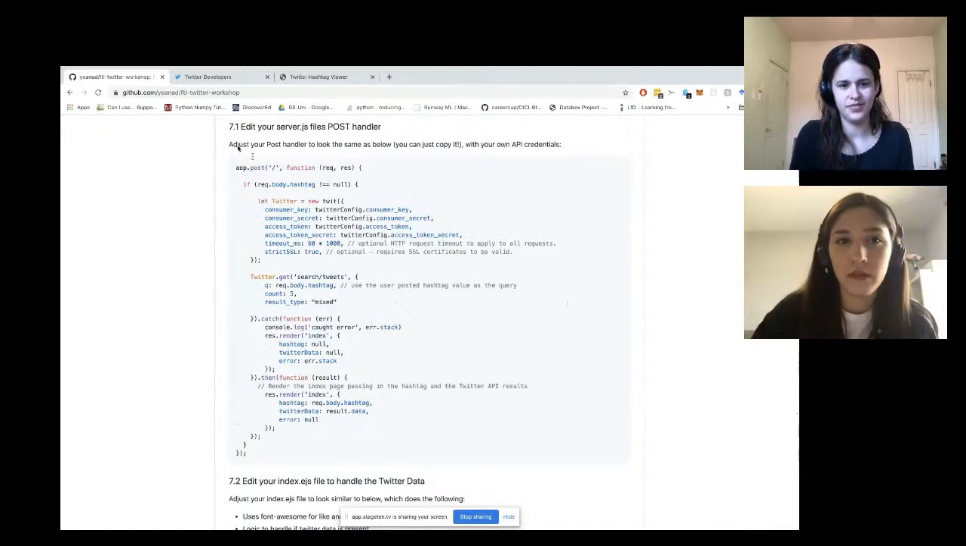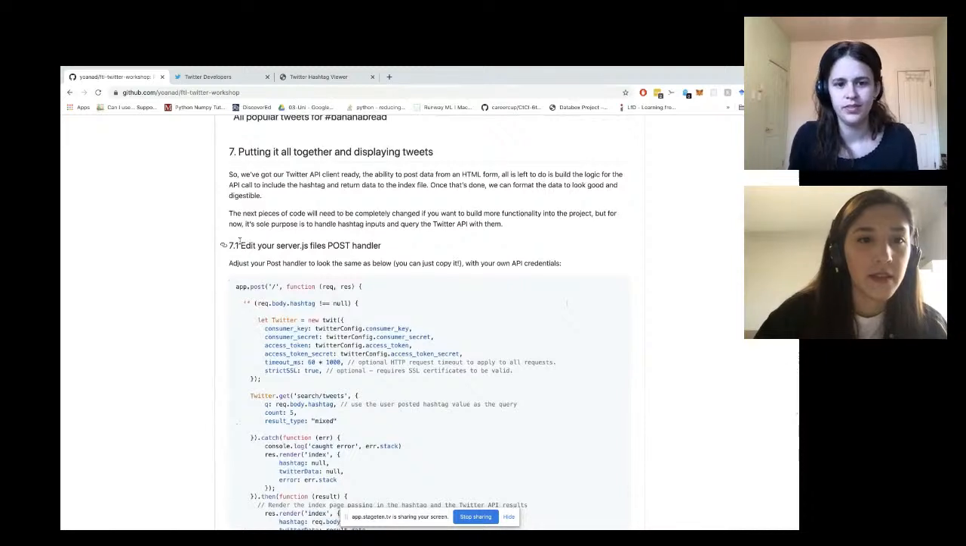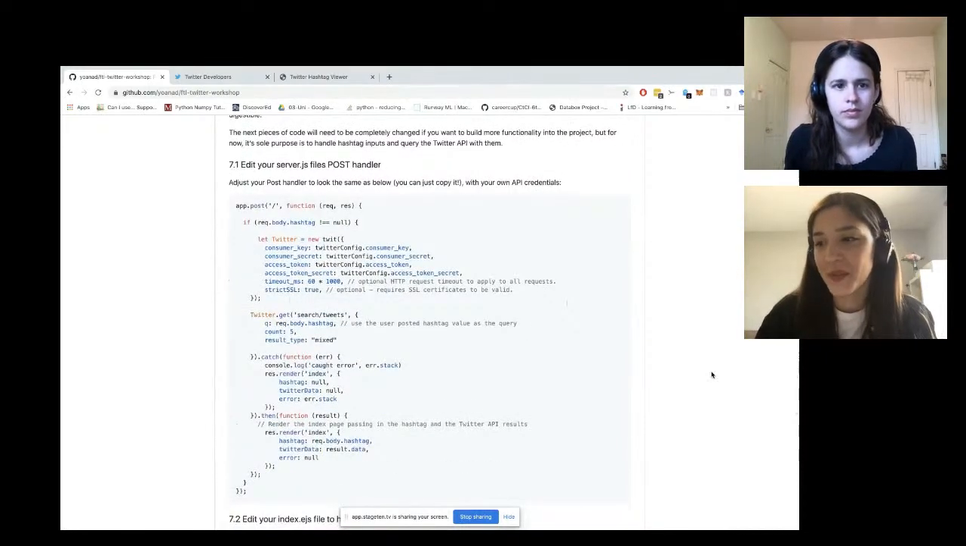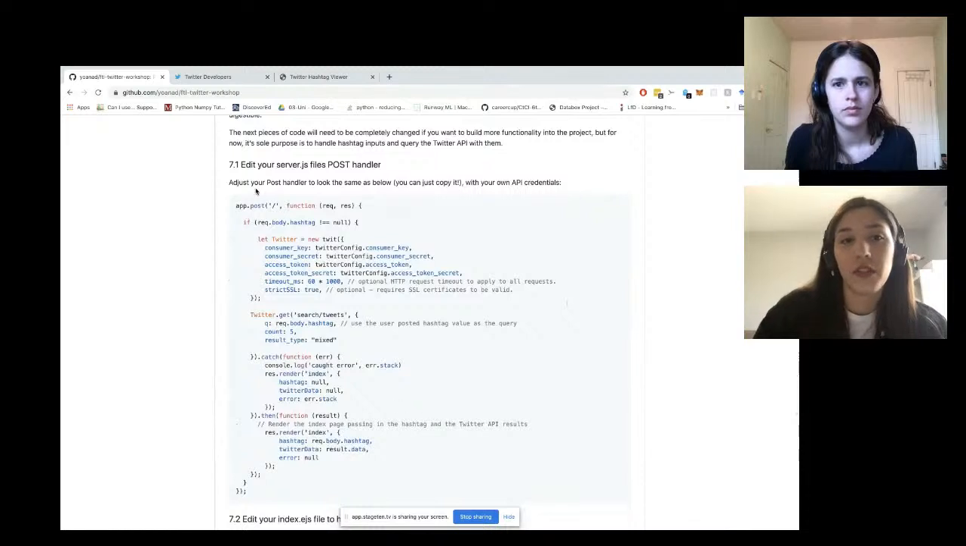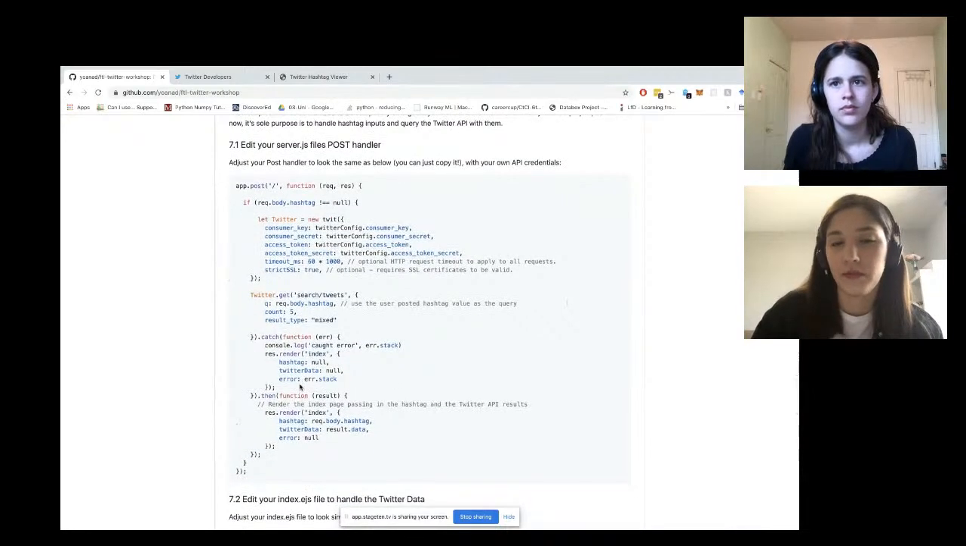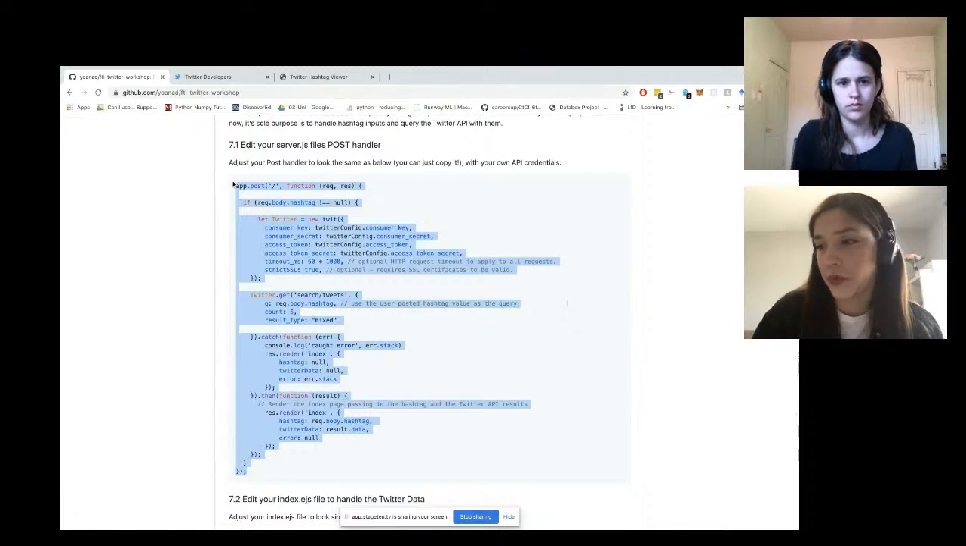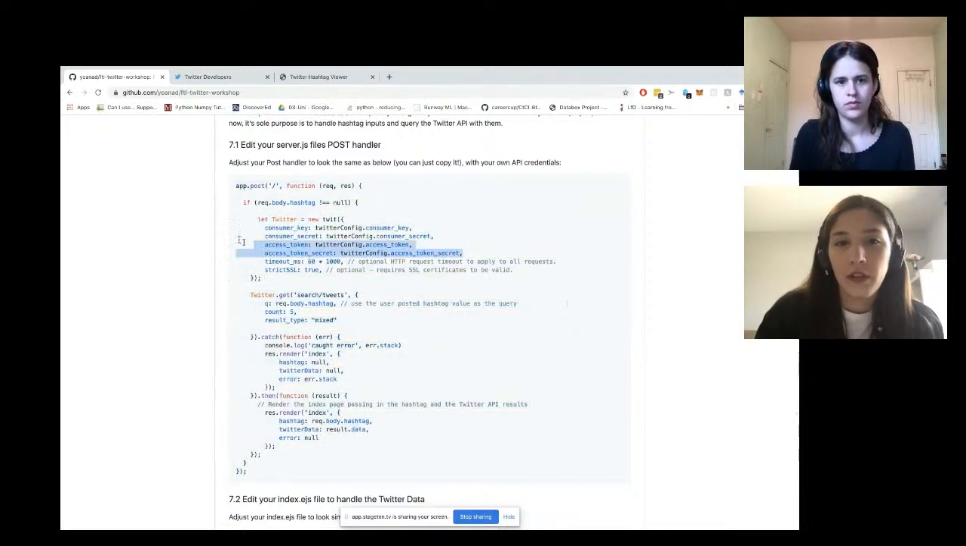Okay, so now we are at step 7.1, and we want to adjust the post handler to look the same as below. You can just copy it just for the sake of everything being bulletproof. Again, using your